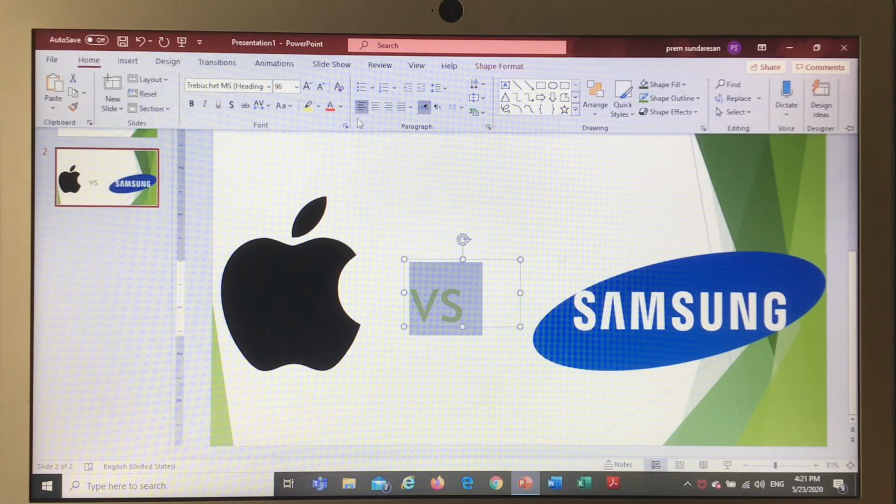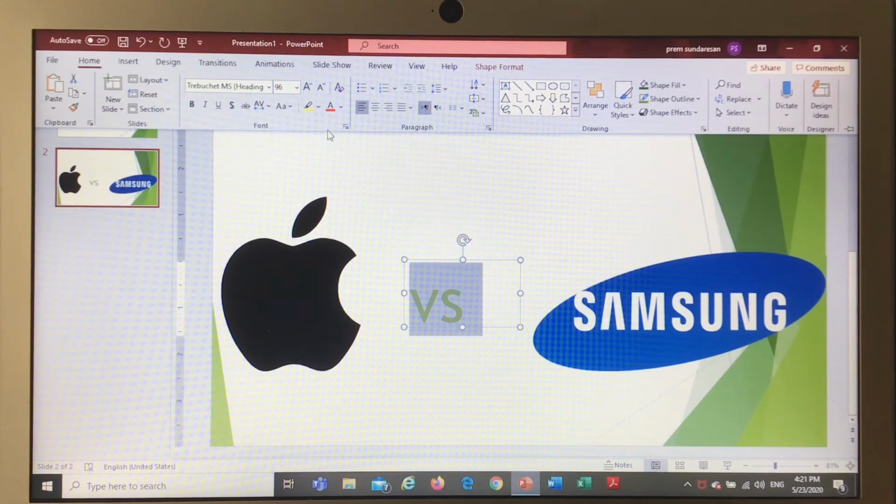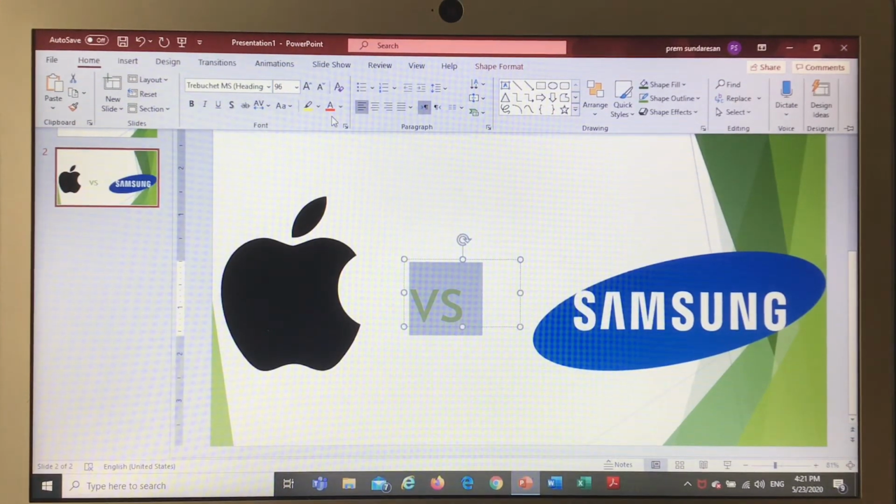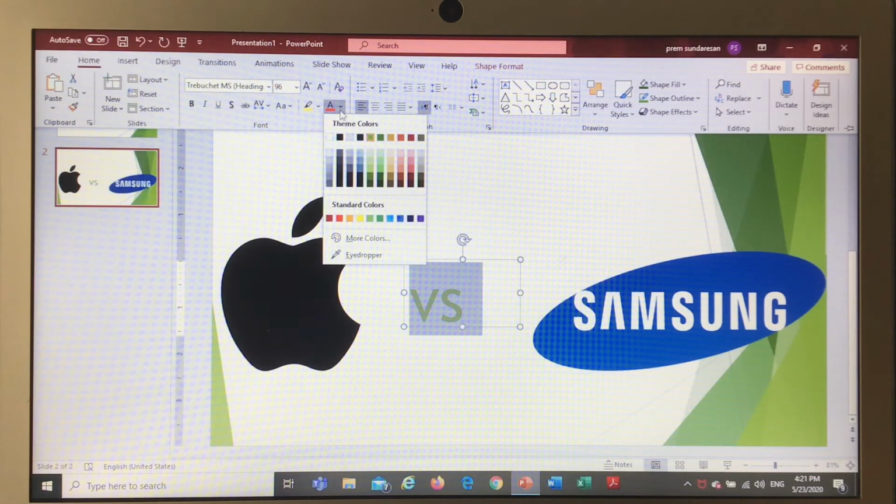So we go to home, and if you have seen my older video which is how to make a Word document, you will know this, but if you're watching this video as my first video, then I'll teach you a beginner's tip, which is if you want to change the color of a text, search for an A with a colored line below it and press the arrow beside it, and now you can change color.